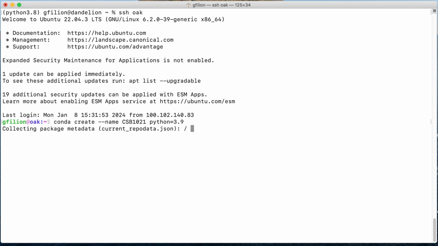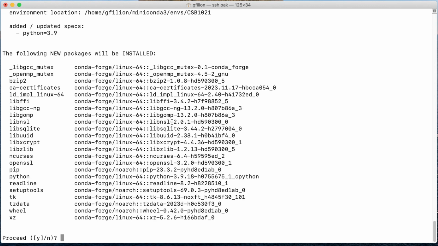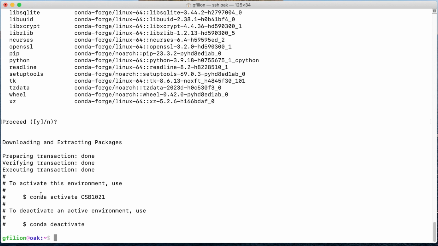So you press enter, and this step can take a little while. When you're on that screen here, you just need to press enter. The default is yes. This will install all the packages that are shown here. Okay, once this is done, you have the indication that you can use conda activate and then the name of the environment to have access to what you just created. So here we go, conda activate